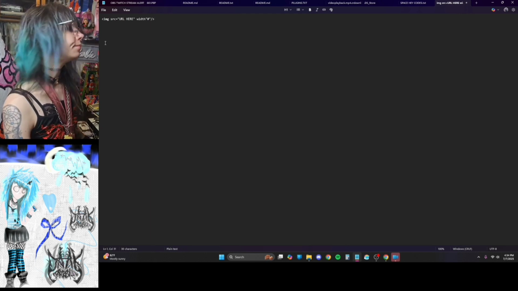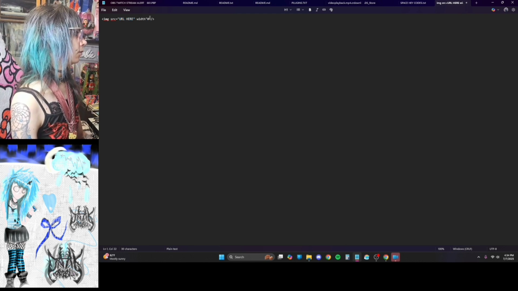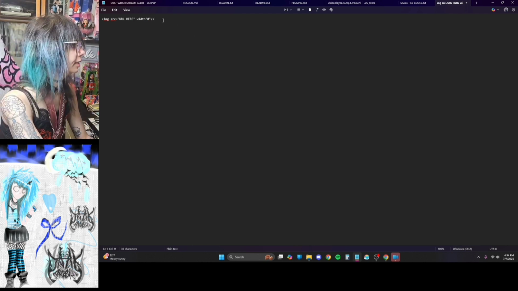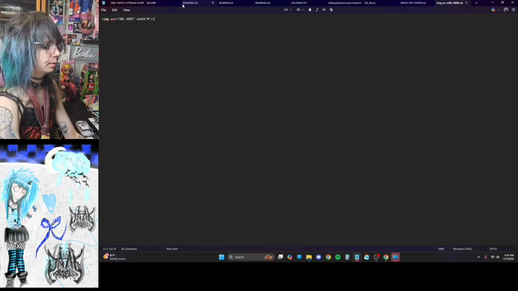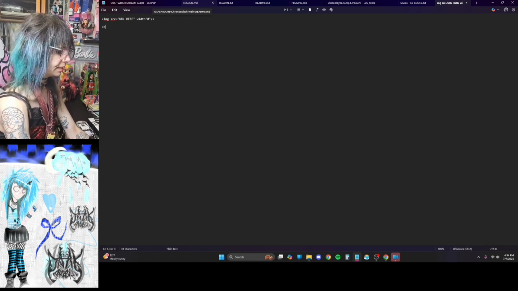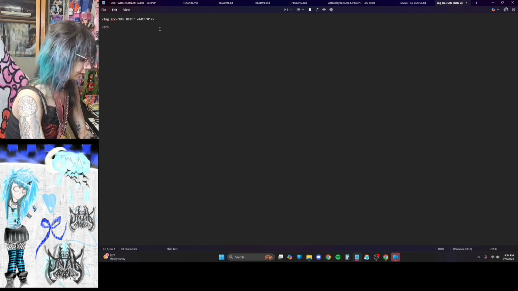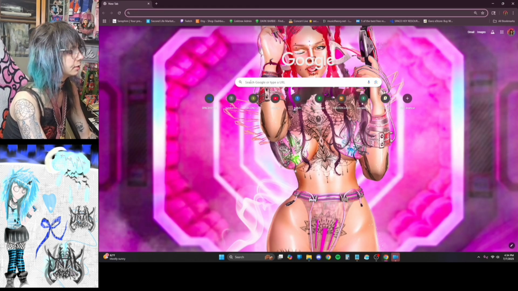So basically, your code is going to be img src equals URL here, width, and then the number of the width, and then a slash and a bracket, and you're going to use that for any image. If you want the image underneath another image, you're going to have to put BR, and it's going to put a break, and then you just do another one of those, and then you can go right onto Tumblr,